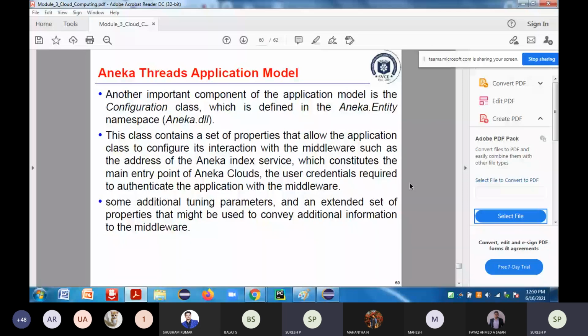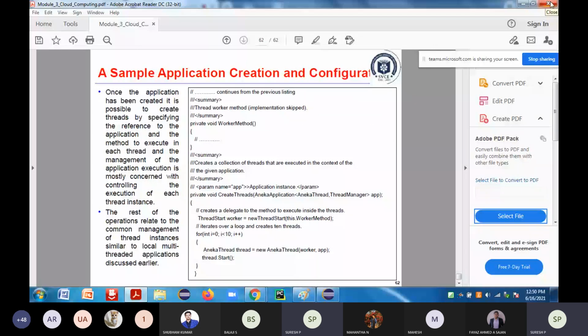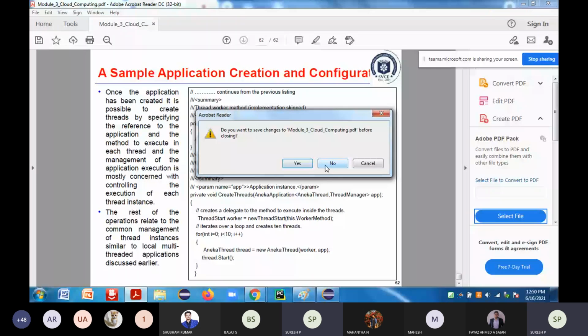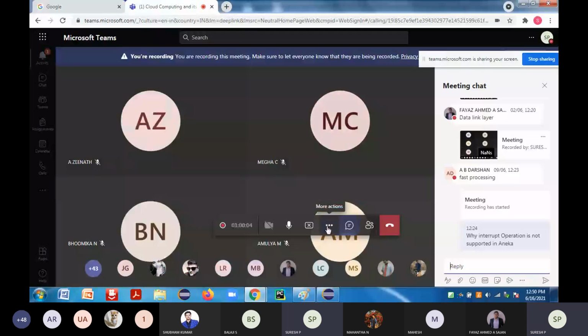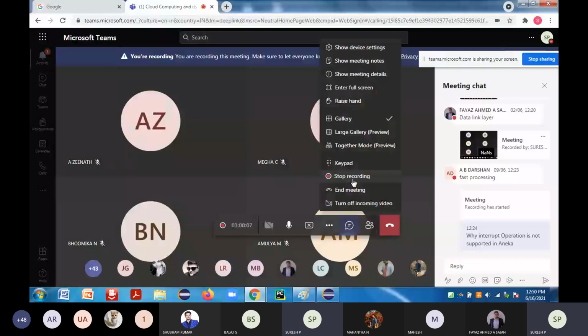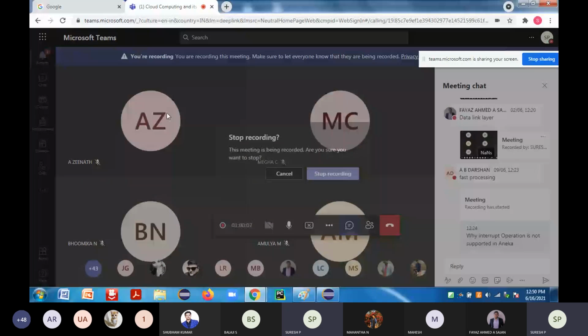Tomorrow we'll start with another part of your module 3, which is task computing. So just go through the basic concepts of your operating system. If you go through the basic concepts of your operating system, then it will be